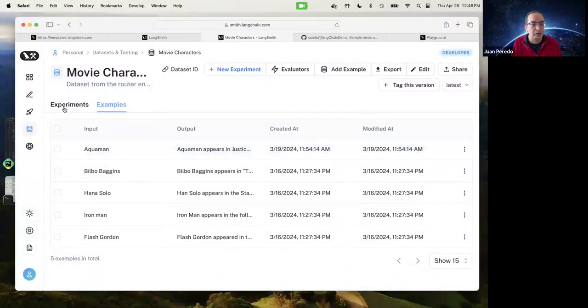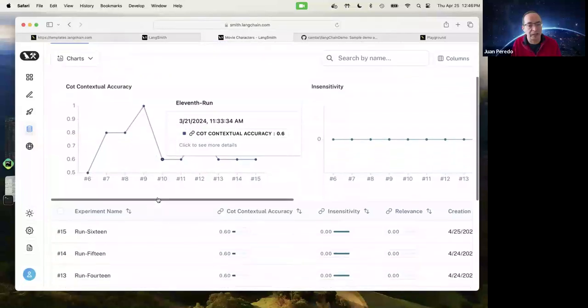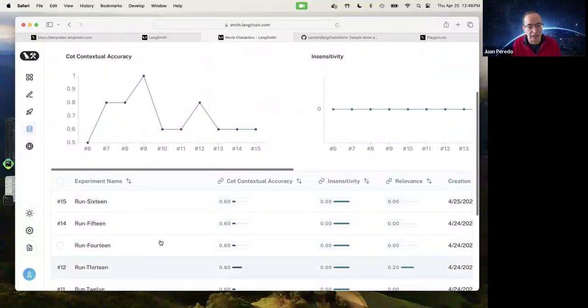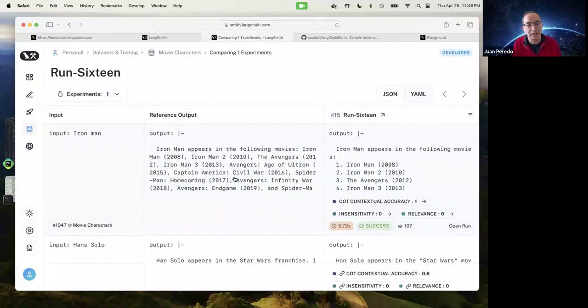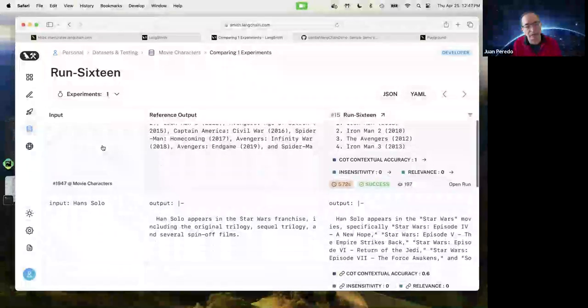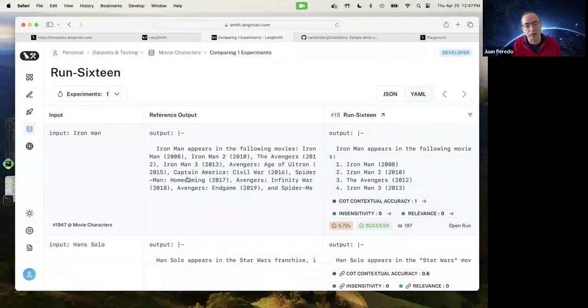And then I can run a number of experiments, right? You can see a number of runs I've done here. For example, number 16 gives me, for each one of my examples, my golden output, and then I have the output of that particular run.